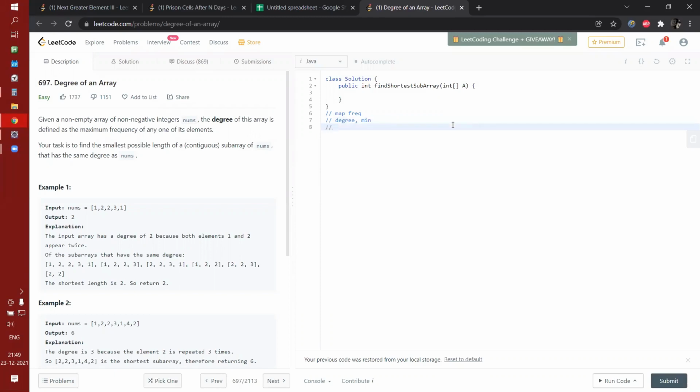You might require one more map of the first, meaning whenever you have encountered the first element of the array. So a map of first, because you will be required to calculate the minimum subarray. When you try it, you will know why I'm saying map of the first.